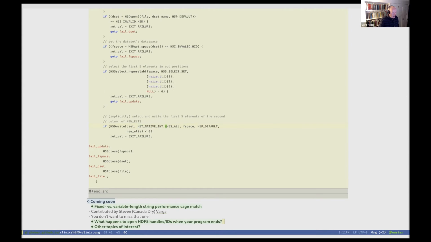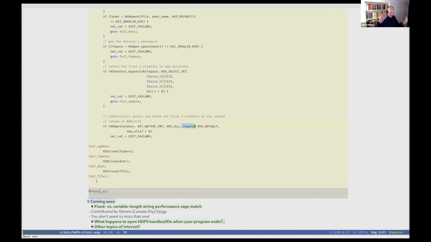And then you have these two dataspace arguments. One is the in-memory dataspace, and the other is the in-file dataspace. The purpose of these two is really to say, and that's the beauty, but also part of the complexity, that the shape, meaning the dimensionality and extent and everything, of source and destination can be completely different.